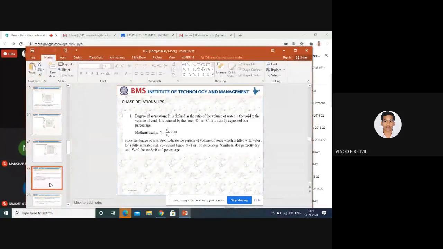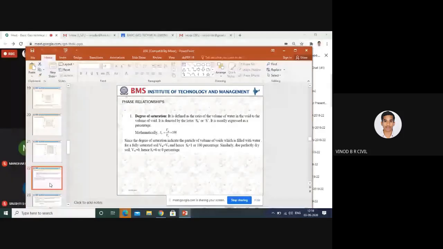Numerically we don't know. We can calculate the percentage of water with the help of this mathematical expression, that is called the degree of saturation. Once again I will repeat, we can feel in a garden soil there is a small amount of moisture content, but mathematically we can't calculate. With the help of this mathematical expression, we can calculate the percentage of water present in garden soil. Garden soil and lake soil are good examples of degree of saturation.